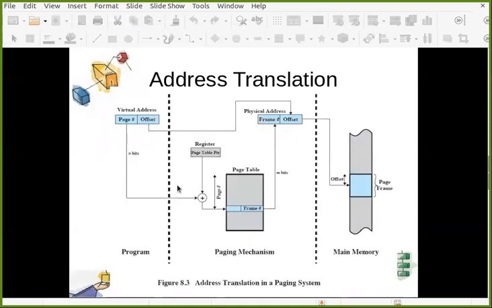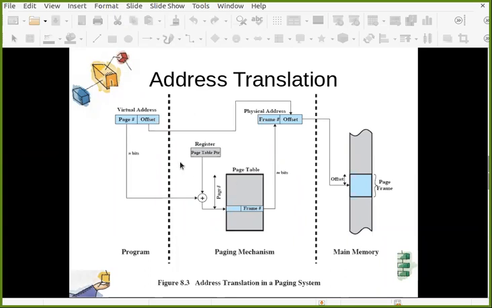Normally you can see here that the frame number is m bits and the page number is n bits. We discussed a few examples of address translation where n and m had the same value.